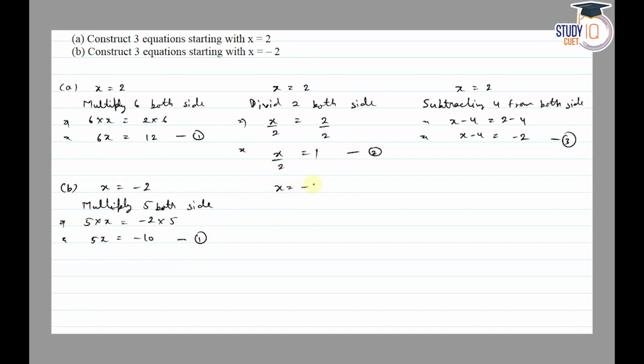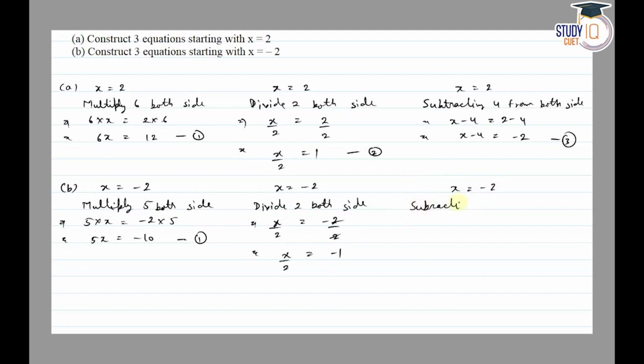Then divide 2 both side, x by 2 is equal to minus 2 by 2. हो जाएगा x by 2, 2 से 2 कैंसिल हो जाएगा, so minus 1. Then x equal to minus 2,